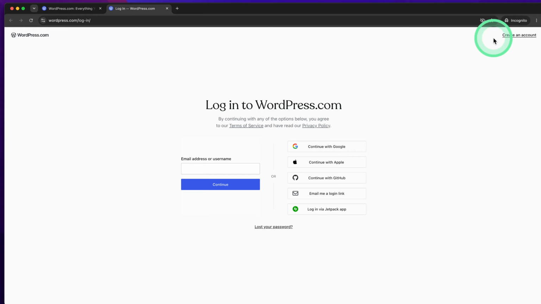Now it's time to log into your WordPress account. You can either manually enter your username and password, or, for a more seamless experience, click on the Continue with Google option. This method allows you to use your existing Google account information, saving you a few extra steps. Just make sure you choose the Google account associated with your WordPress profile. Once you've entered your credentials or selected your Google account, click Continue to finalize the login process and access your